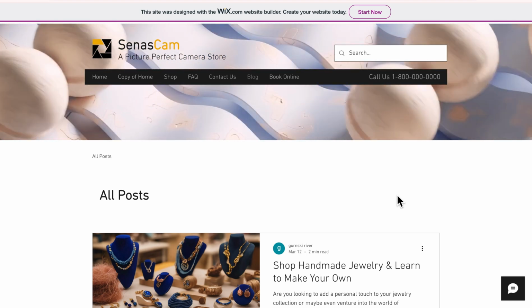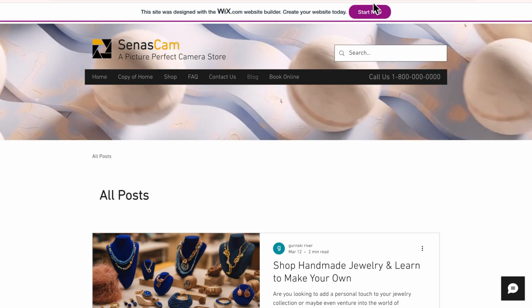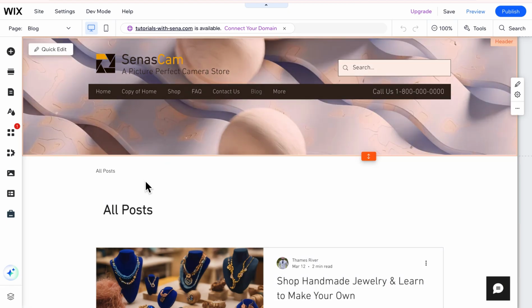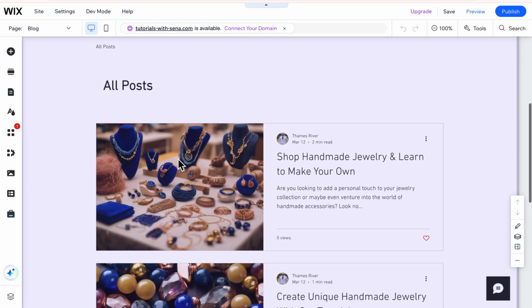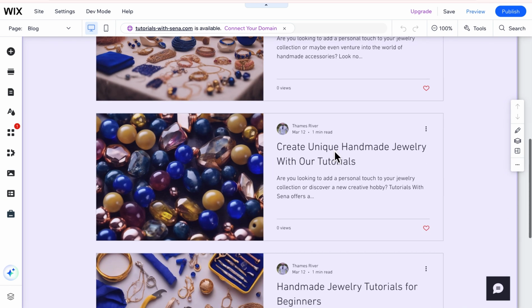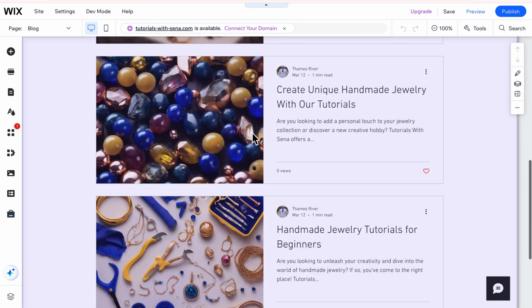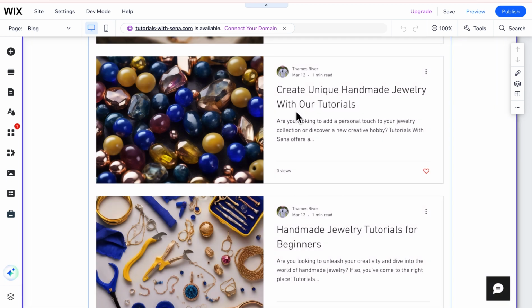to edit blog posts on Wix. So you want to go to your Wix website editor right here, and then you can just choose any of the posts that you want to edit. For example, I want to edit this one on this create unique handmade jewelry, and you want to click on